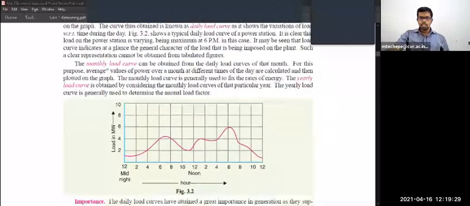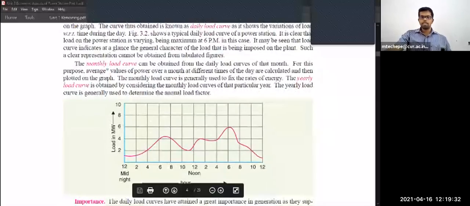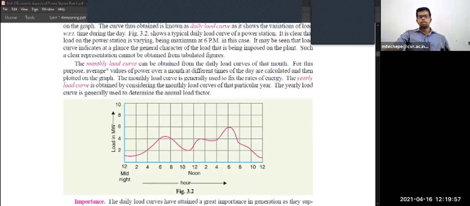If you see this, this is the load curve of a particular small example being given. I think the maximum demand in this is 6 megawatt. At 12 midnight, it might be varying very slowly. Why? Because the domestic consumer load will be less, and the industrial consumer load is somewhat there. So the load is very less, around 1 megawatt in that particular area. Maybe this is plotted for a particular area. Slowly it is increasing. After 4 o'clock, it is slowly reaching up to 2. After 6 o'clock, it is slowly reaching up to 4. And after 7 o'clock, it is slowly reaching up to 4.5,